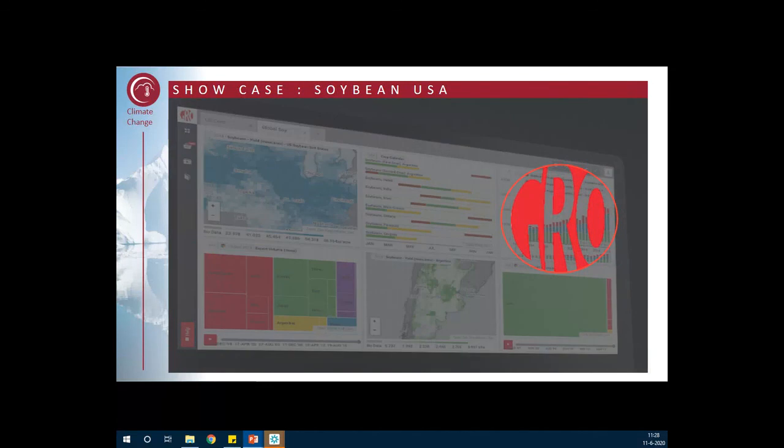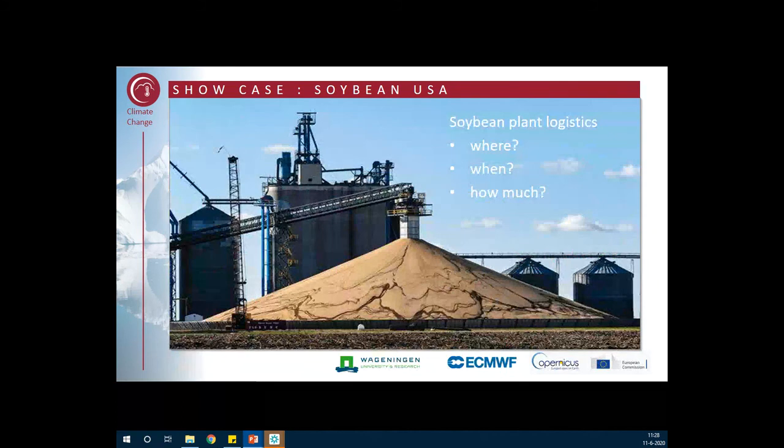So we work together with Grow Intelligence, which provided these data to stock traders, to farmers, to soybean processing industries around the world, and had their own interface. And the type of question that the industry generally wants to know, as much as possible up to date, is where are things growing presently? When can we expect the harvest to be ready? And how much can we expect? And how much should we, for example, organize the logistics around this?